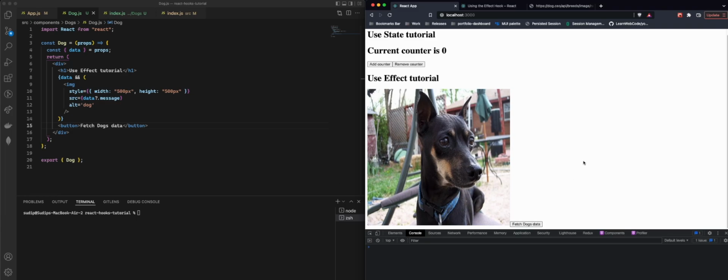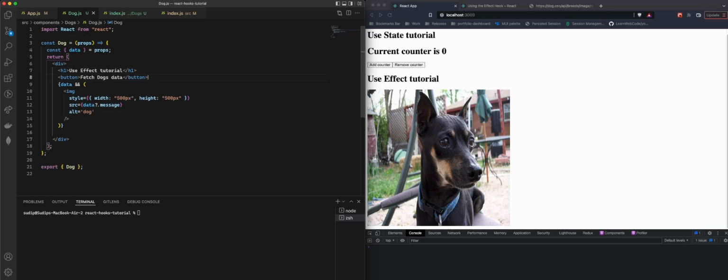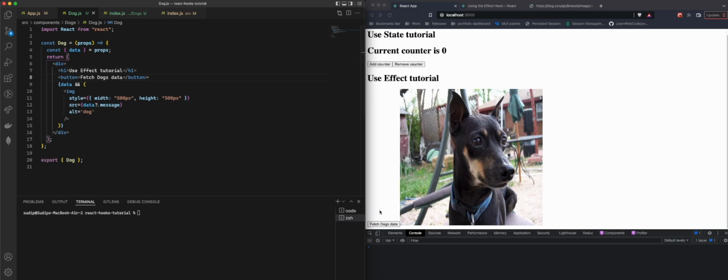Right now it doesn't do anything at all. You know what, let's put this button on top of the image. Okay,